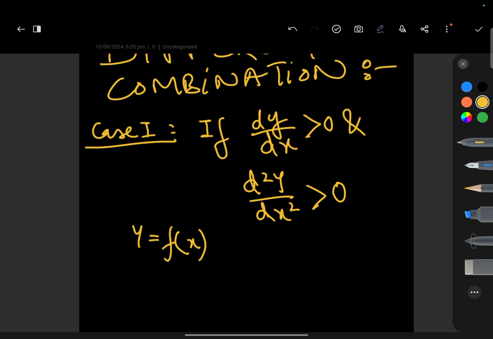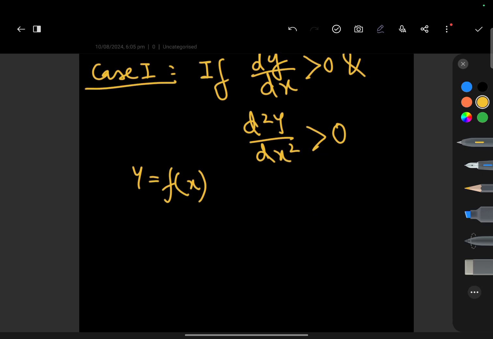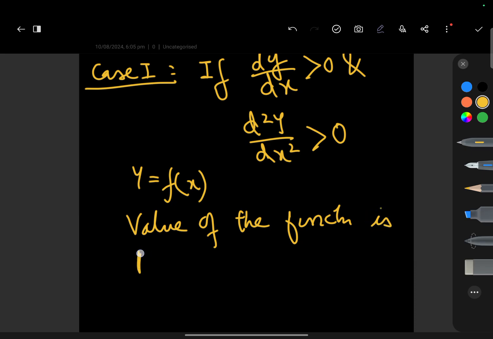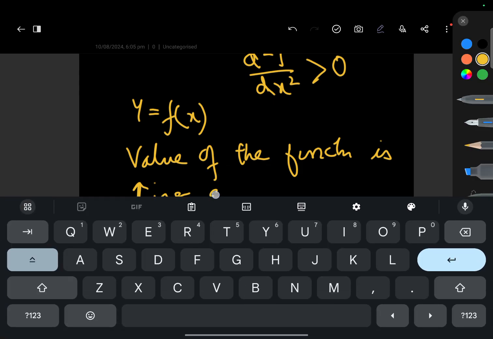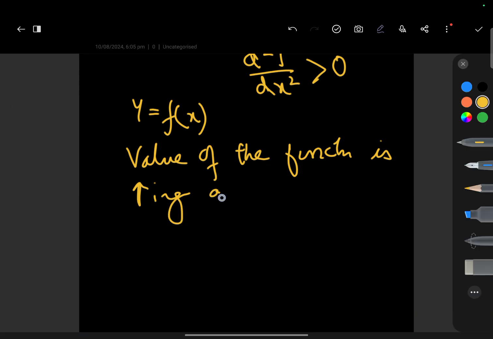So it means the value of the function is increasing at an increasing rate. We come to know the rate of increase or decrease, at what speed it is increasing. So with these combinations we come to know that the function is increasing at an increasing rate,